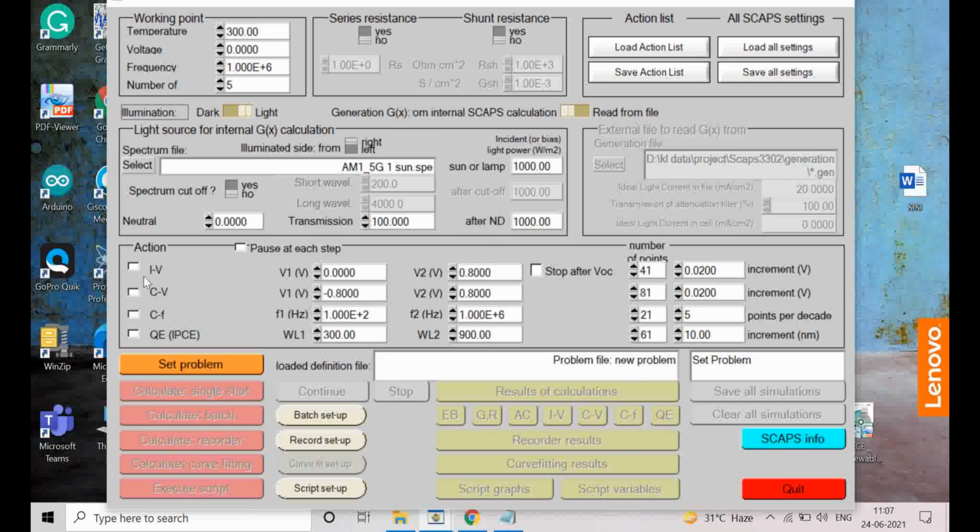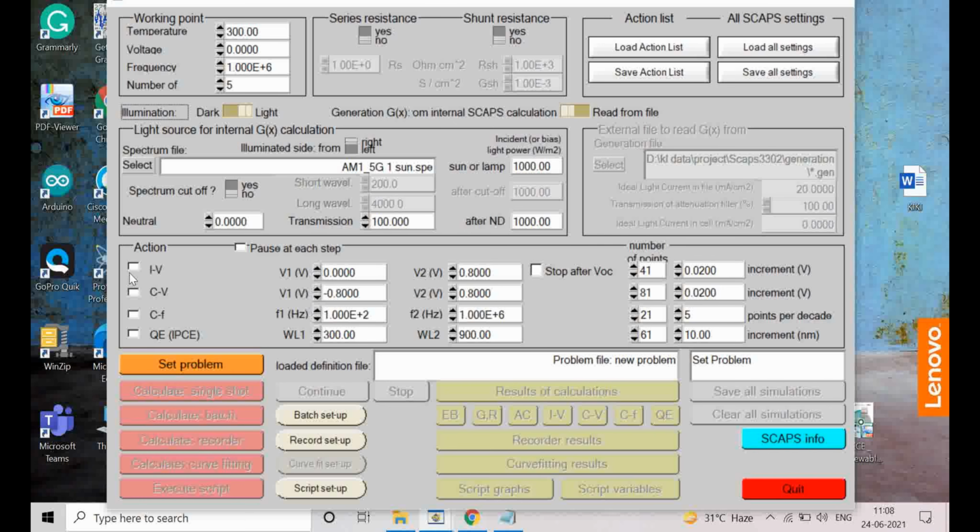Then you have actions like IV, CV, CF, QE. These four are crucial: the IV parameter and the QE parameter, quantum efficiency and IV, are very much mandatory for any device. And then it also does some AC parameters, which are CV and CF, capacitance-voltage characterization and capacitance-frequency characterization. So it can do AC measurement. We will do these in specialized lectures, not here. Today's lecture is for beginners, so I will only do IV and QE as a beginning point.